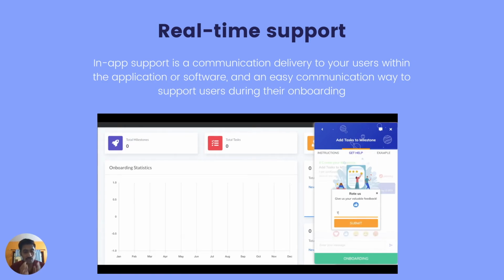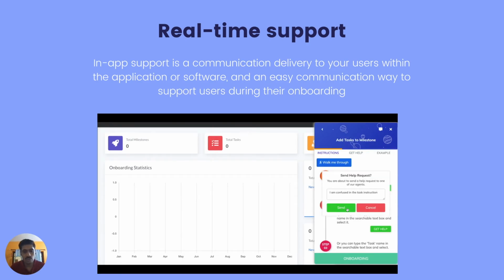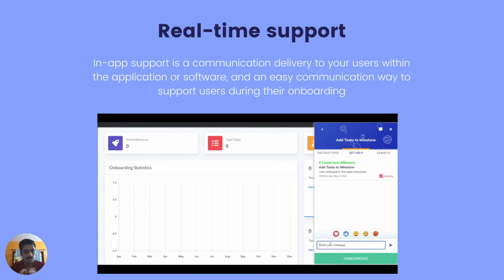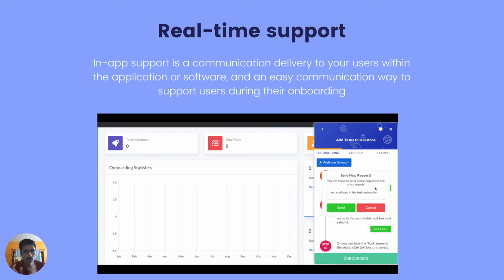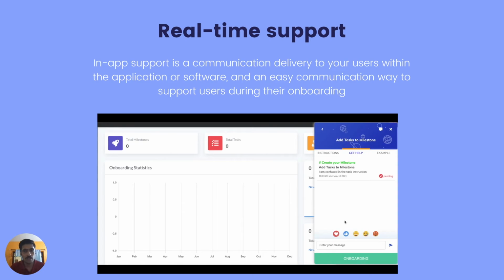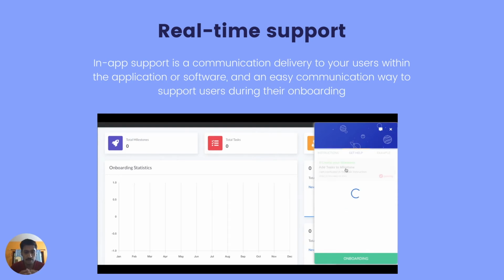The main problem that happens in user onboarding is that when the user stops the onboarding activities, maybe they're trapped somewhere, and they haven't had any assistance available on the platform to proceed with that particular step. That generally ends up with them stopping the onboarding session and the sign-up. That's regularly what's happening. But with Dashfrugal, we have this facility called the real-time support feature, which ensures that your user is getting support whenever they need it. Not every time, but whenever they need, they can ask for support.